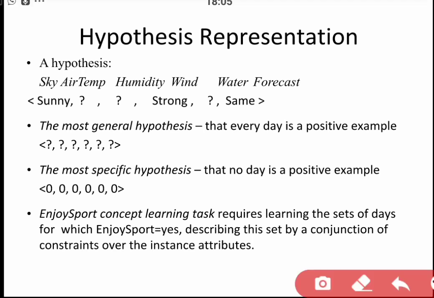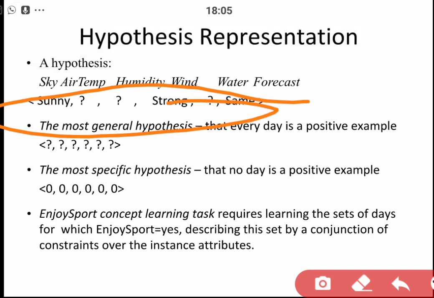So this particular hypothesis is telling you that for these 3 attributes, if I have a value of sunny, strong and same, and for other attributes it could be any value, you will get to know that yes, it is a bird. Right? So these are our hypotheses that we need to search, that we need to reach upon, that we need to find out. So we could have a number of possibilities over here.